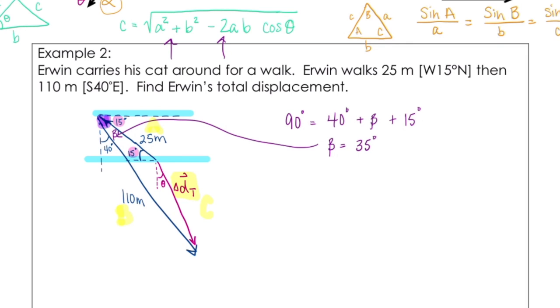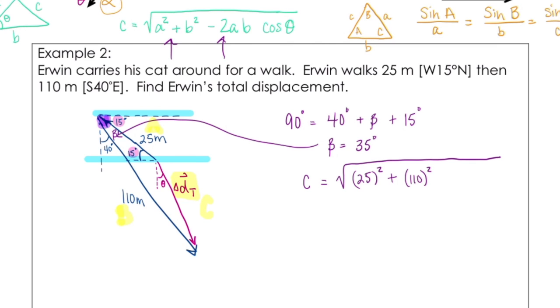C, which is our delta d, I'll just leave as C for simplicity. C equals the square root of A squared, so 25 meters squared, plus B squared, so 110 meters squared,